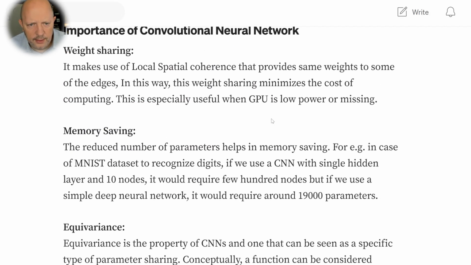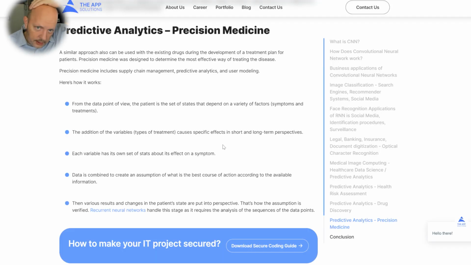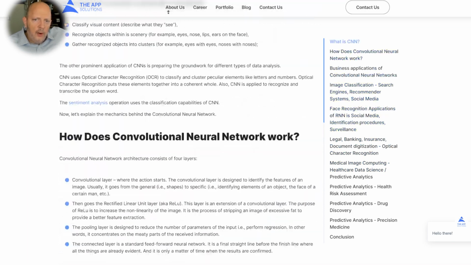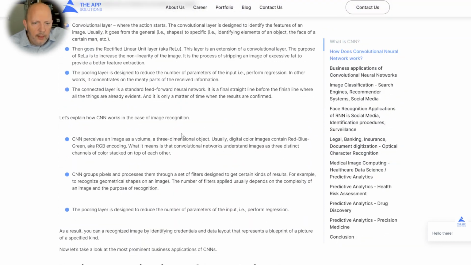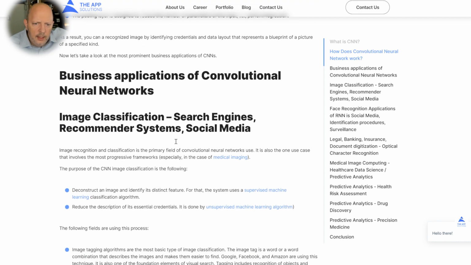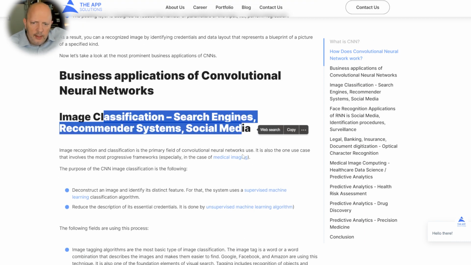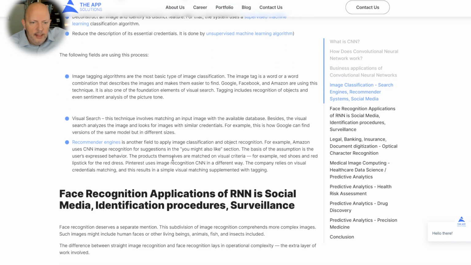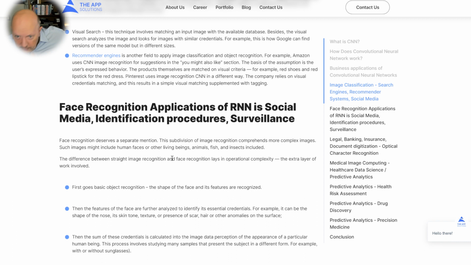Different types, nothing here. So this article I want to cover real quick. It's just different reasons that CNNs are popular in business intelligence and why we might use them. Image classifier, search engine, recommendation system, those are all CNN specialty domains. Face recognition. So Facebook, it says, hey, is this your friend Tom?